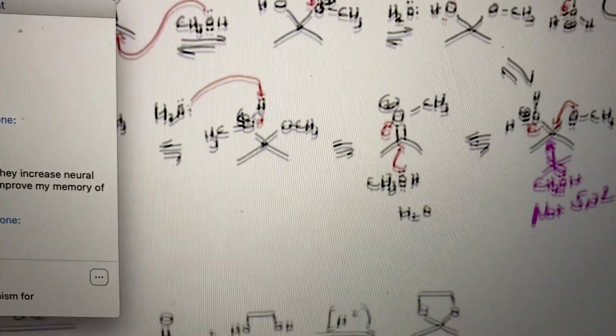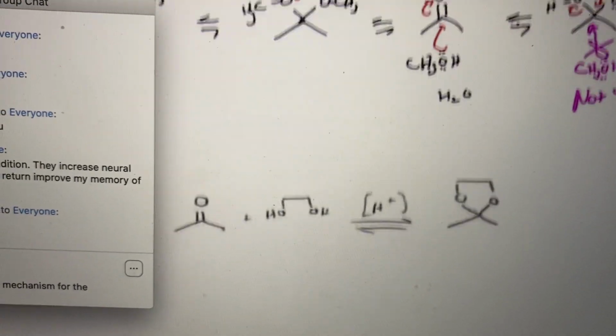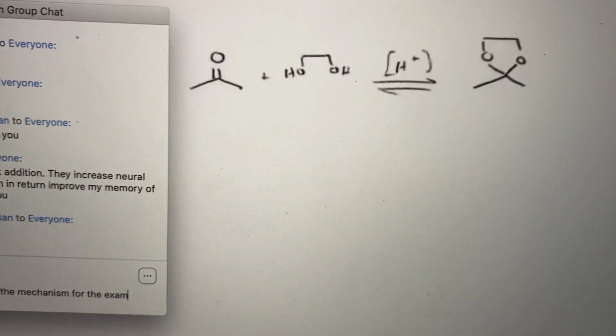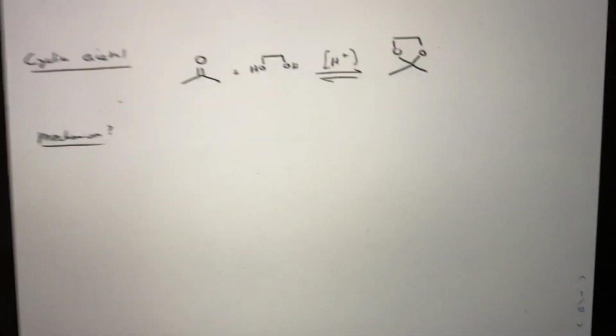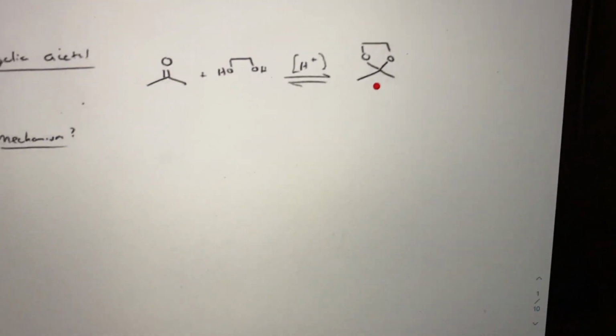Let's go scroll up a bit. To help reinforce this mechanism, let's draw actually the mechanism for a cyclic acetal. And we'll see it's the same thing. So we could take